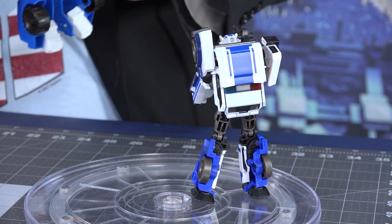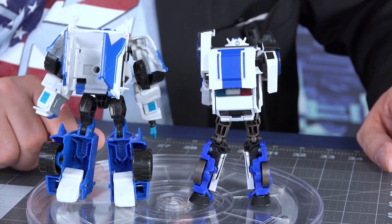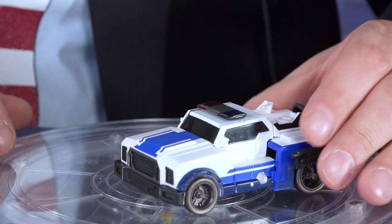The gun for the warrior class is a bit bigger, but the kibble is a little uglier on the back of the warrior class than of the Legacy class. All right, very cool bots. Let us transform. So there is Strongarm in her police pickup mode, though it doesn't quite look as much like